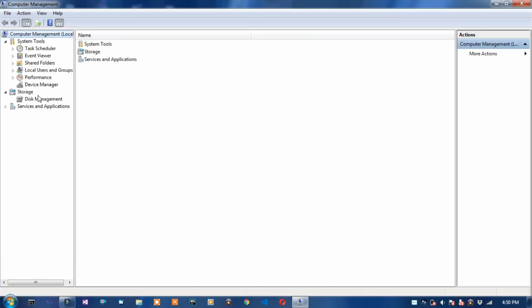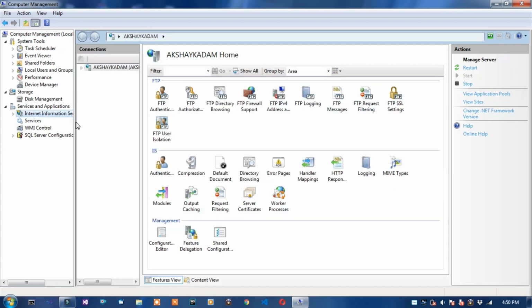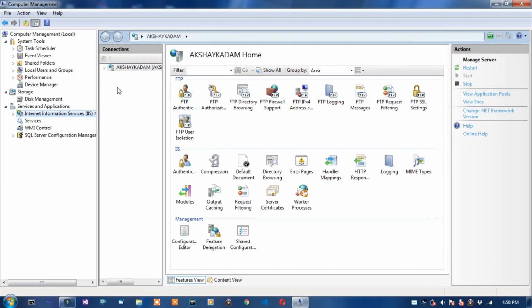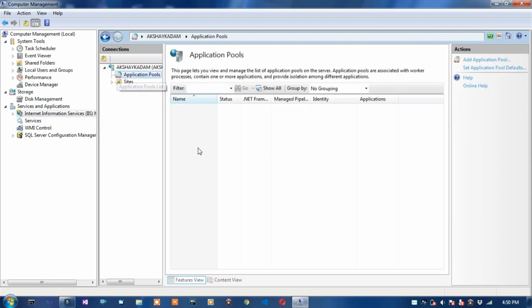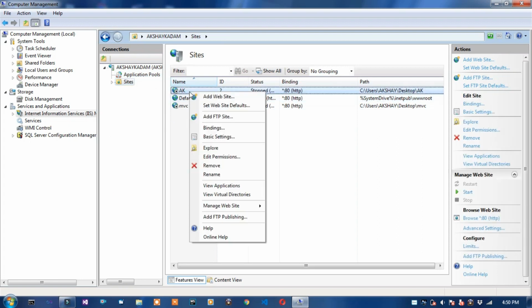Then you see here the last option is services and applications. Open this application, open this and click on Internet Information Server, means IIS Manager. Okay, this is your IIS Manager, this is your application pools, and this is your sites. Okay,